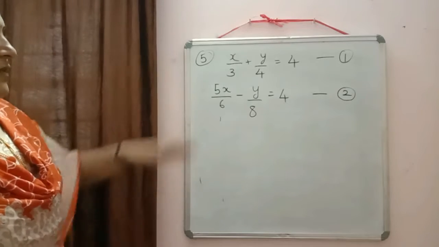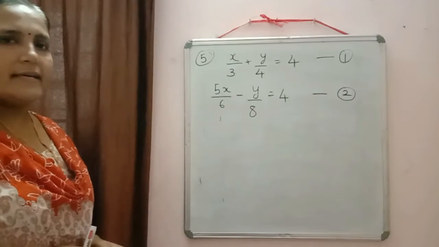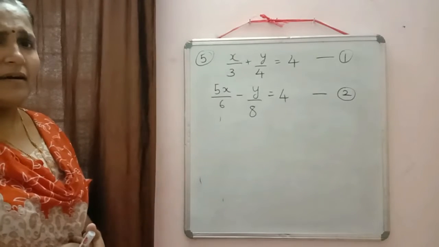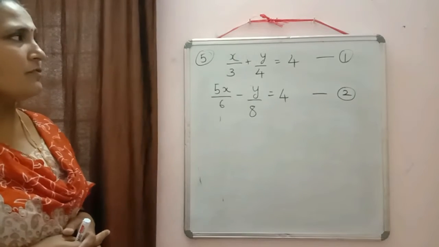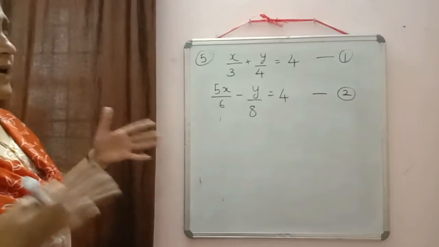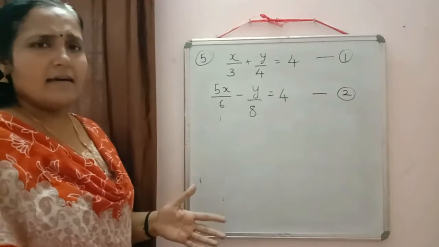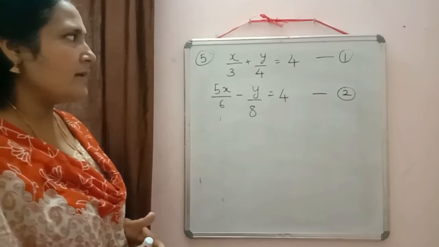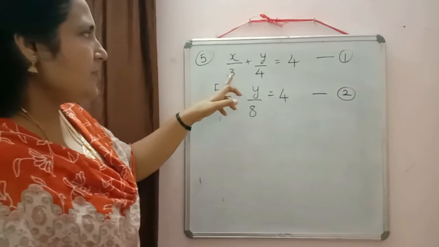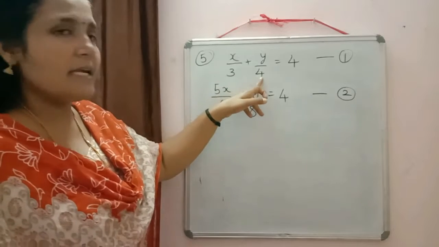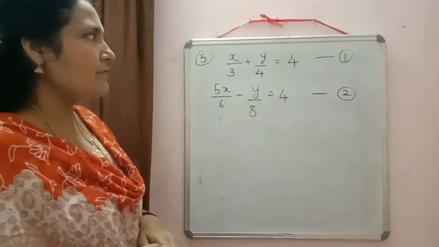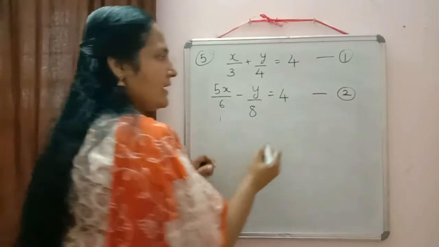So now all of you, equation 1 and equation 2 are already written on the board. You can check in both the equations what we have: fractions. So first, what we can do, we are doing this to make our calculation easy. Otherwise, working with fractions will sometimes be difficult for you. So here in equation 1, in the denominator we have 3 and 4. To eliminate this denominator, we have to multiply equation 1 by